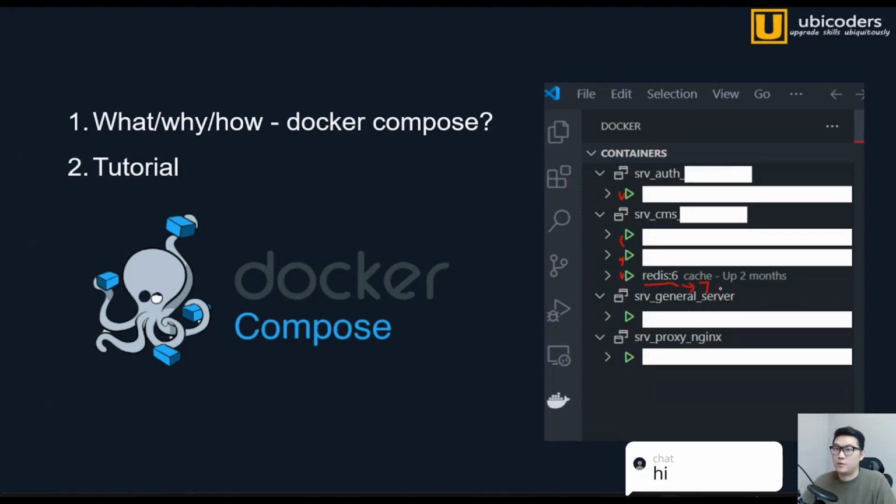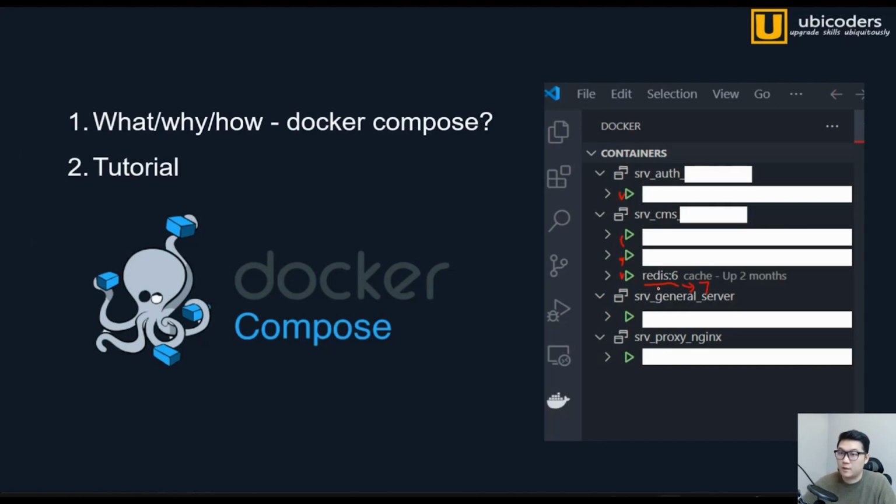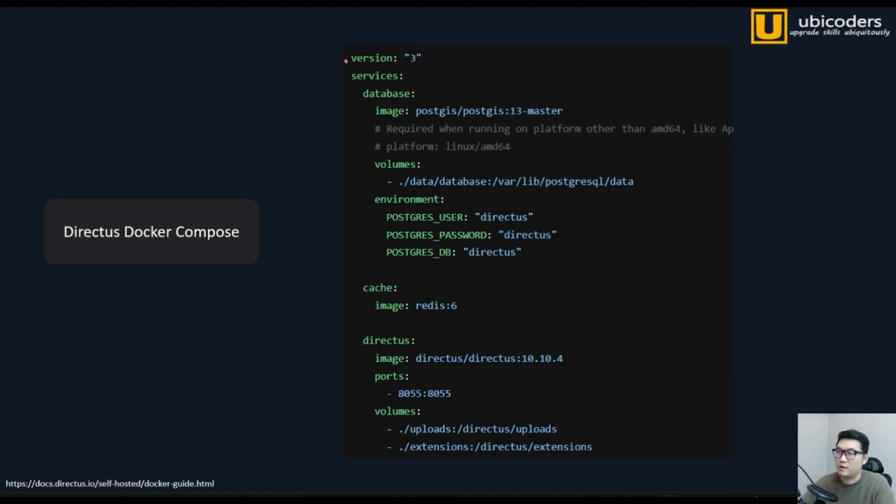Without Docker Compose, what I would do is stop this container and then recreate the container using the bash command. However, using Docker Compose, you don't have to do that, because Docker Compose will take care of all these processes: stopping the running container, and then recreating the Docker container. You can define all these specifications of your containers. And services is just the name of the wrapper of a Docker container. So this is the specification of each Docker container as an example.